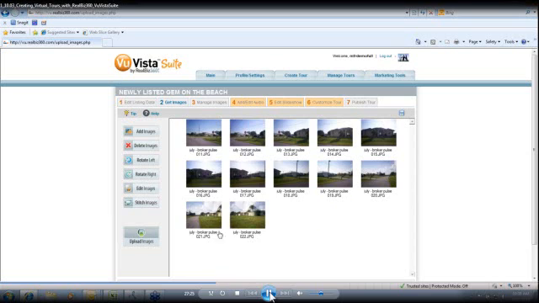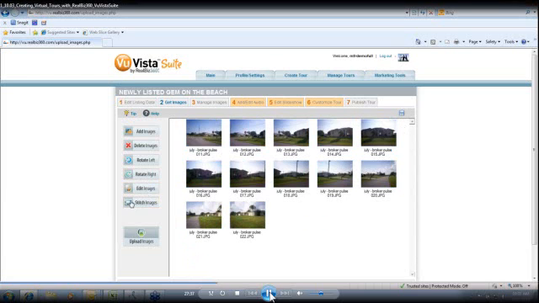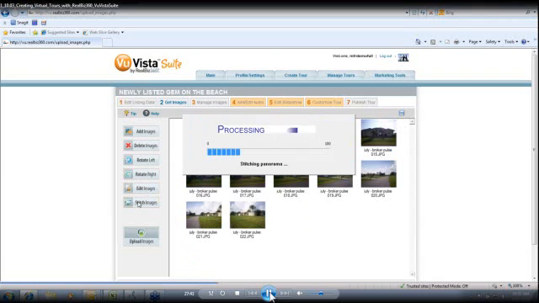But the great thing is, watch this. When I go to stitch these images together, all I'm going to do is just drag and select all those images. And I'm going to now click the button that says Stitch Images. Now, how many do I have? 12 pictures, right? Okay, so I'm going to stitch the images. It's stitching the panoramas,